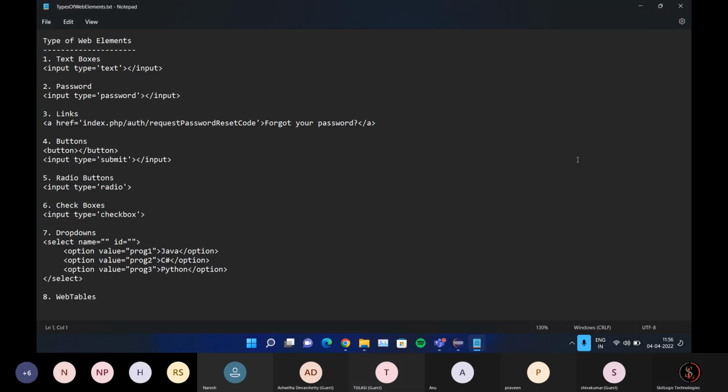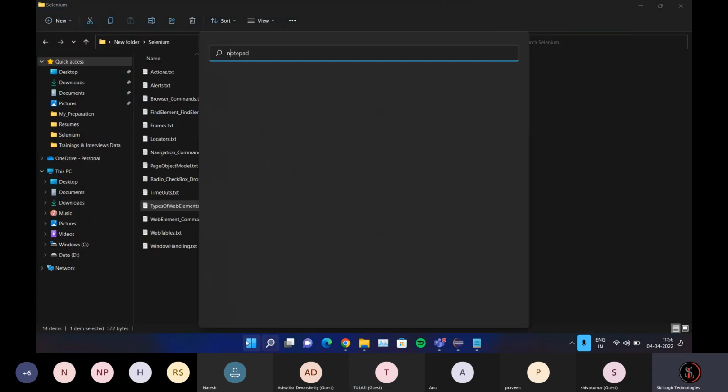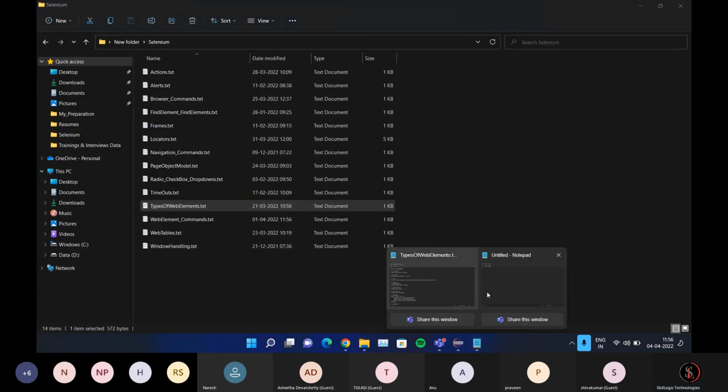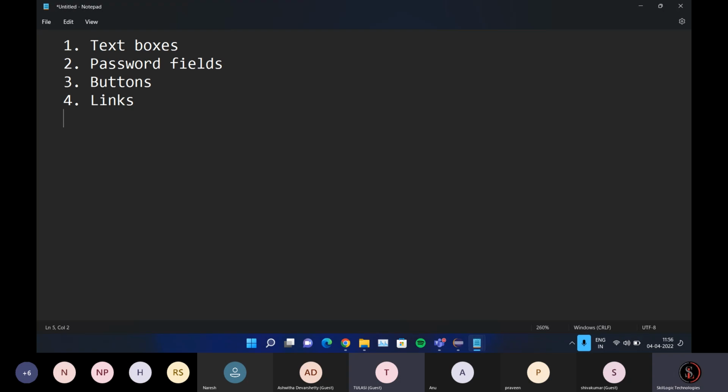So what are the different types of web elements that we have? Okay. So we have text boxes, and we have seen password fields, right? Where we cannot see the text, input type is equal to password. So we have also seen buttons. We have also seen links. Apart from this, we have different other elements that we will see normally on a web page. Those are called